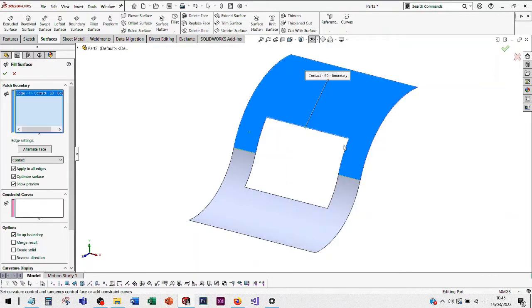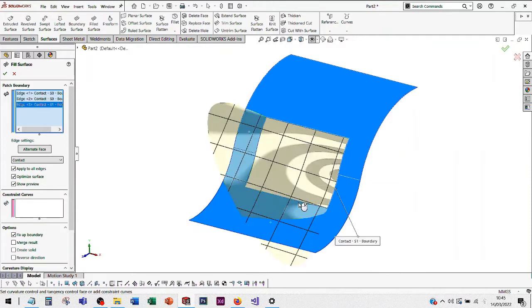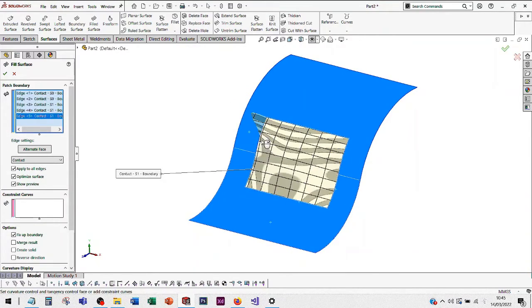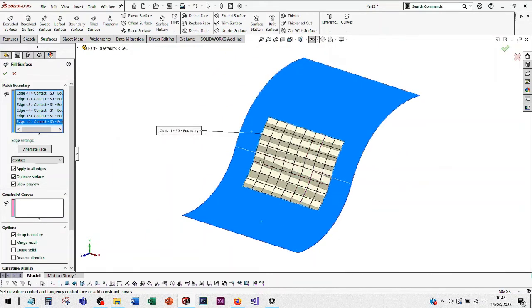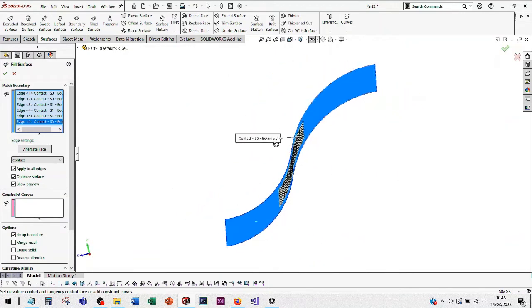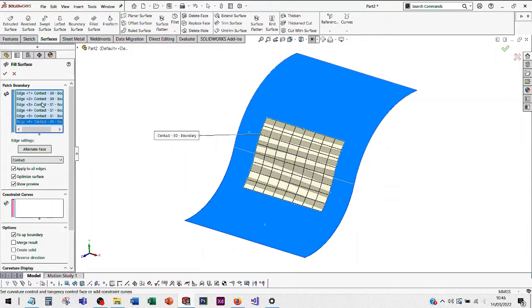So we'll select each one by one, and you can see Solidworks will slowly start to build a preview as you go along. Now you can't completely see how well this is behaved, but you get an idea that there's general agreement with the surrounding surfaces for now, from what we can see, and we can change the contact settings to curvature to see if we can achieve a clean blend between the two. We'll click OK and see what result we get,